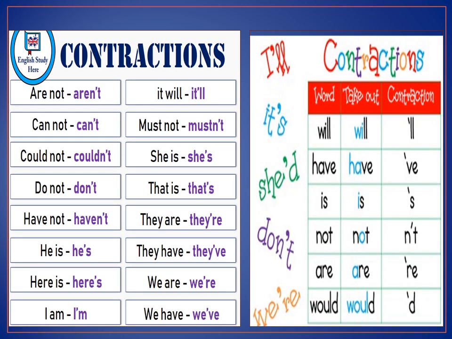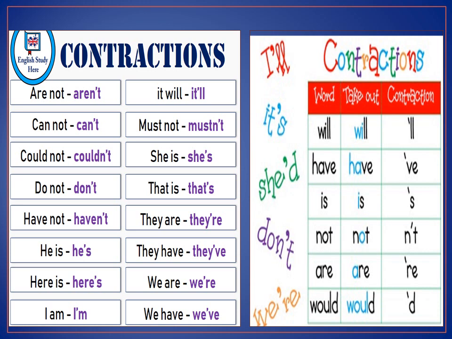Now in the second lesson we have again got the use of apostrophe, children, but that has a different purpose. Now look at the example. Are not is made into aren't. So A-R-E-N apostrophe T. The word is just shortened. This is called contractions. What is a contraction? Contraction is just trying to make the words smaller so that it will be convenient to speak out or to write. So in this lesson we are using apostrophe to make the words shorter.